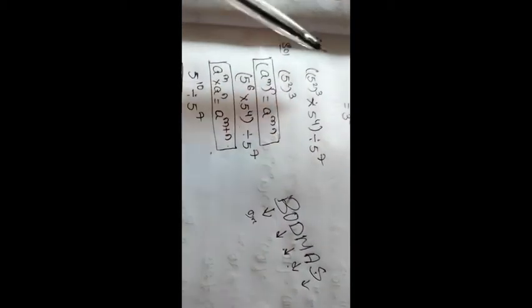Second bit. See, first you need to do brackets. You know the BODMAS rule. BODMAS rule means bracket, of, division, multiplication, addition and subtraction. So in every question, first you need to do brackets and division, after that multiplication, after that addition, after that subtraction. First you need to do the bracket. So see, first you need to do the inside of the bracket. In this, first you need to do this one.